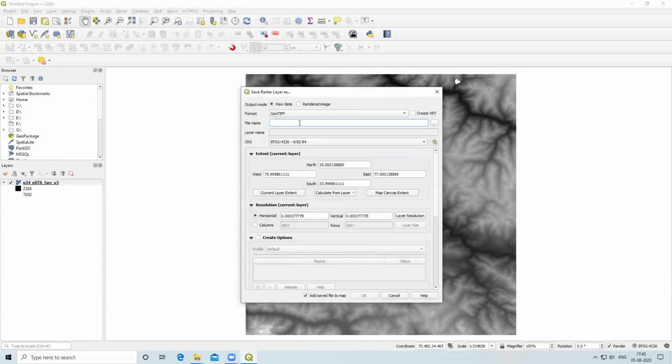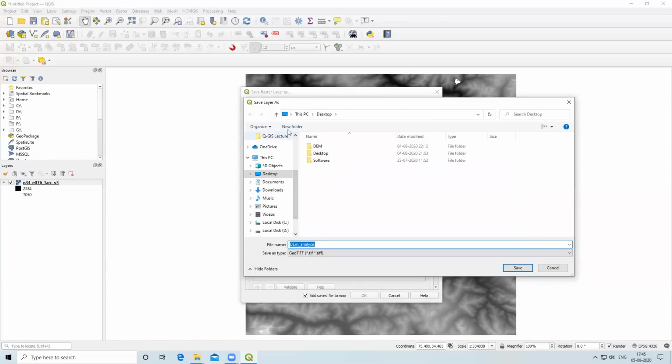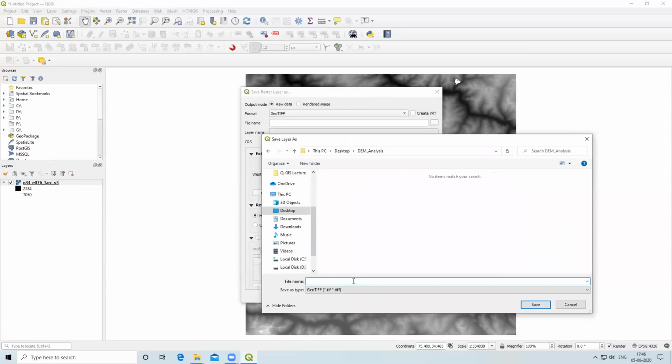File name. I will save this in a new folder. I will create a new folder by the name of DEM analysis. I will give the name here as project DEM.